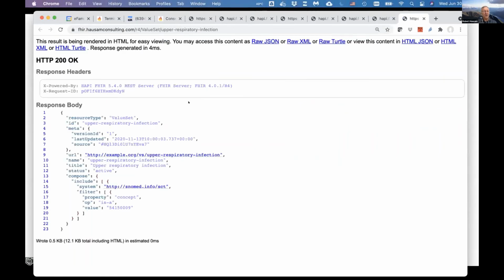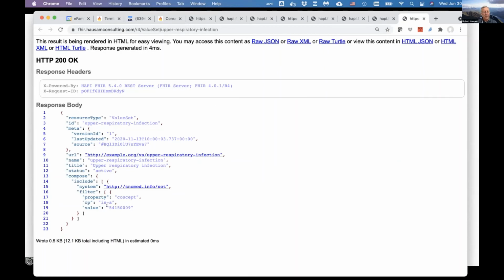That's this. It's a fairly simple value set. Like you saw some of these things before in the first part. We've got the value set resource. We've got the compose element, which gives our definition. So we're going to include codes from SNOMED CT, and we're going to filter the SNOMED codes based on are they